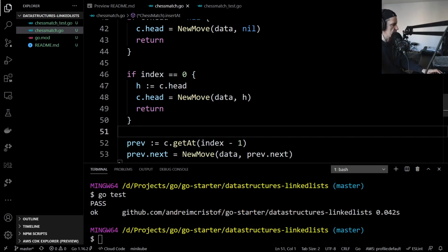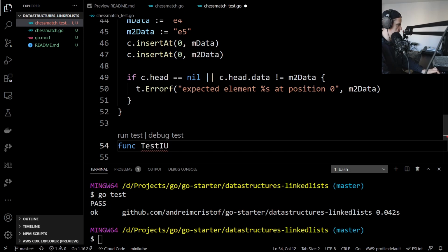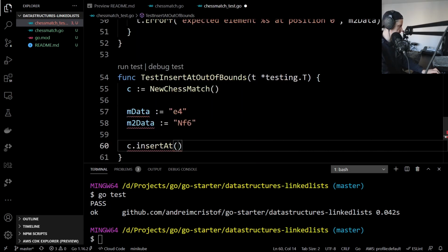Another interesting test that we should do, and we should always be concerned of these edge cases when we write unit tests, is what if we try to insert at a position that is simply not there? What does that mean? Well, what if I have a list with 2 elements and I suddenly want to insert at position 10. So let's write a unit test and let's see what happens. Func TestInsertAtOutOfBounds. Right? So we are out of the bounds of the linked list. Then we will insert at the position 0